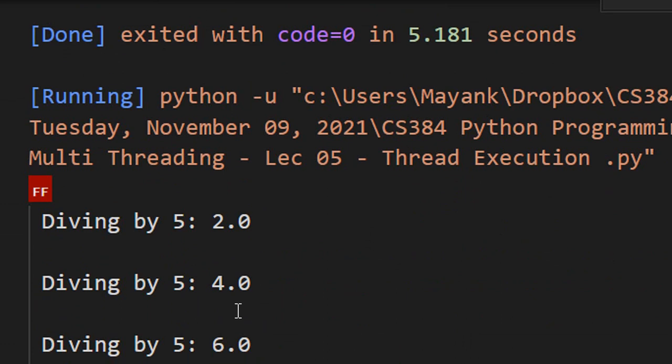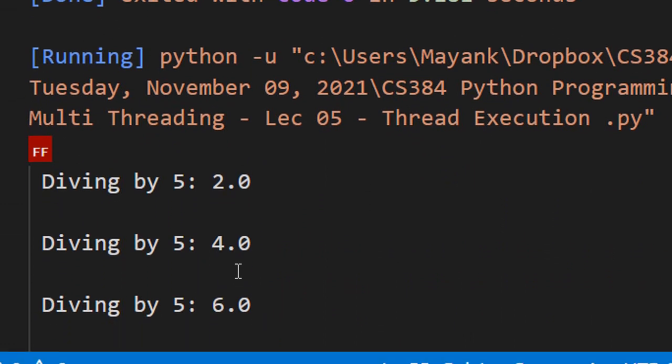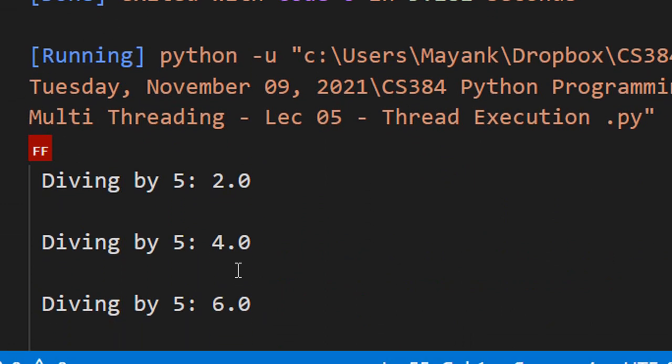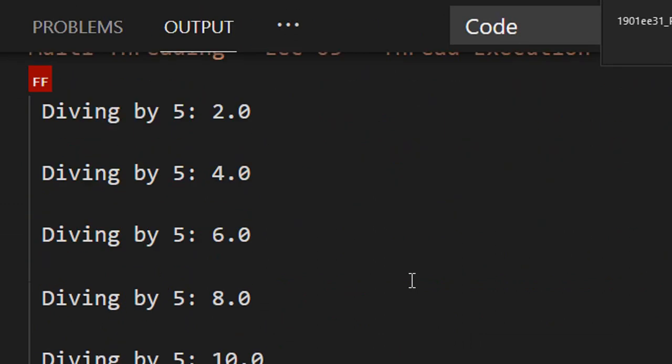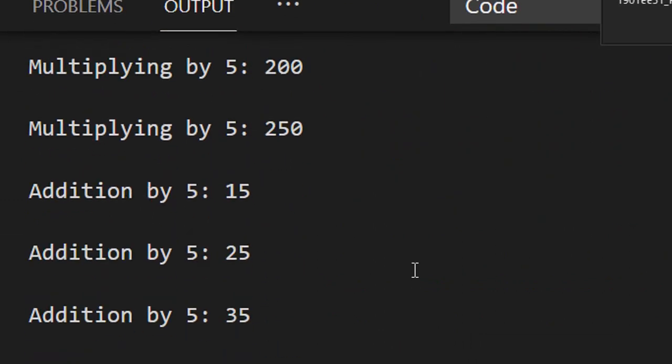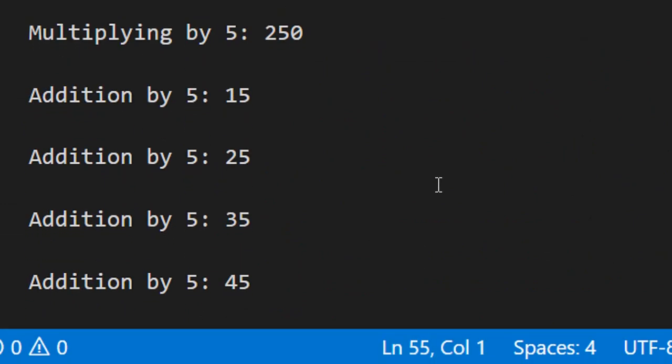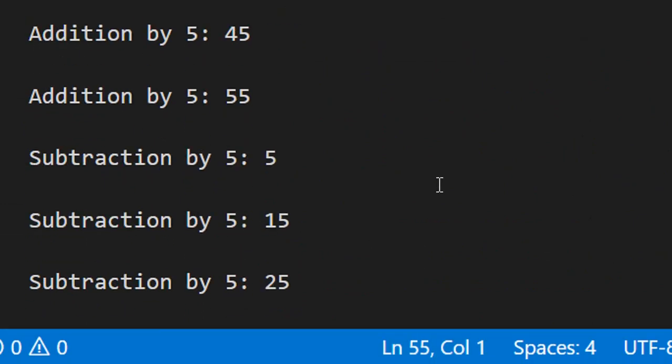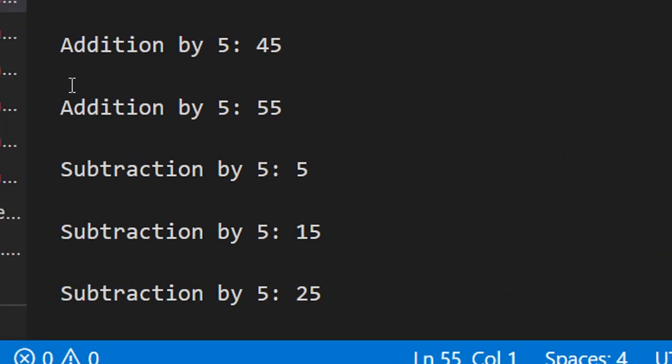See, dividing by 5, dividing by 5, dividing by 5. So 1 second delay is there, and in the 1 second delay, then multiplying is there, then addition is there, subtraction is there, right? So this is basically to get you the feel about multi-threading, what happens.